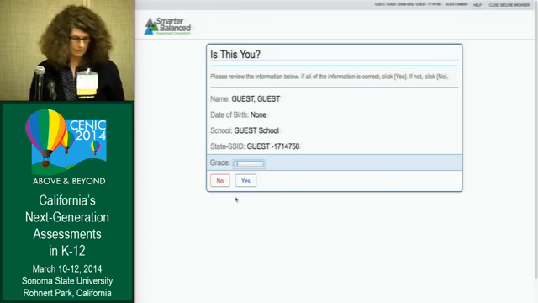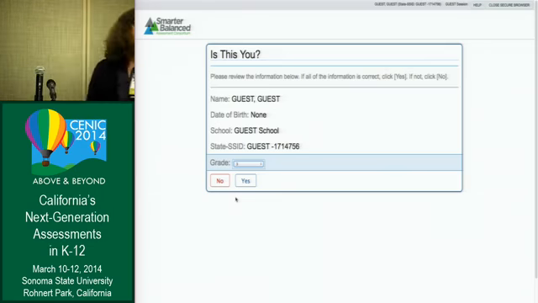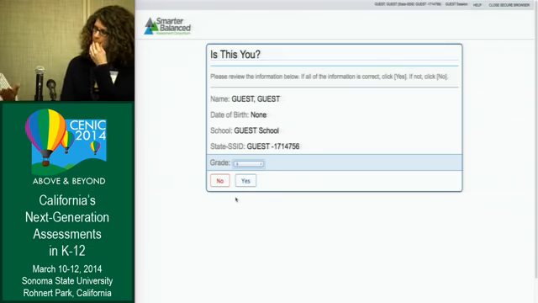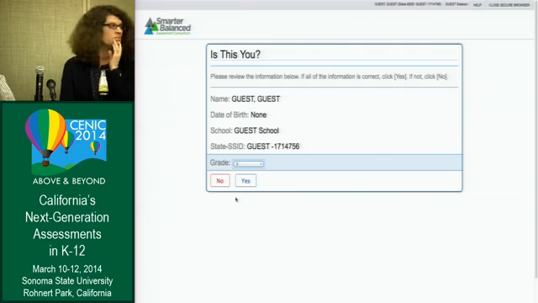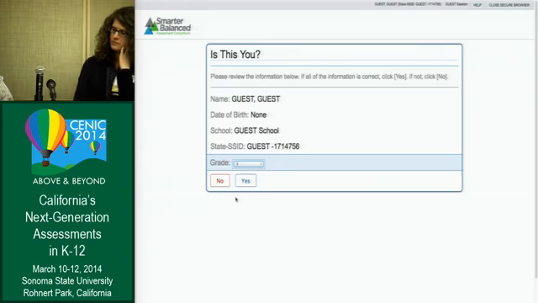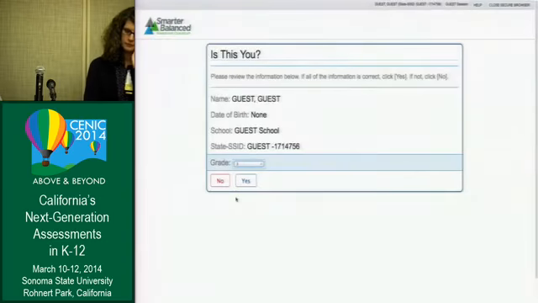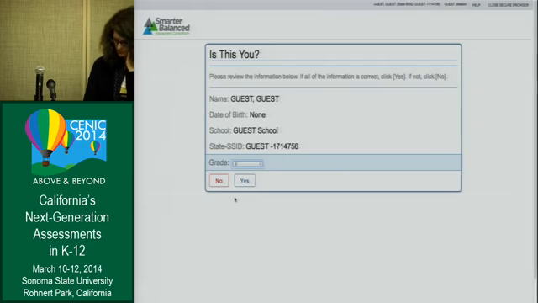It should be randomized. In the future, it'll be adaptive. What adaptive means is that if the student answers correctly, it will start giving more complex questions, and if the student starts answering incorrectly, it will step down the complexity of the questions.